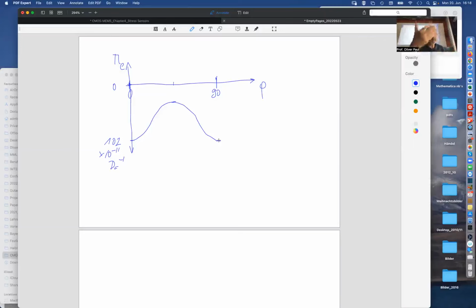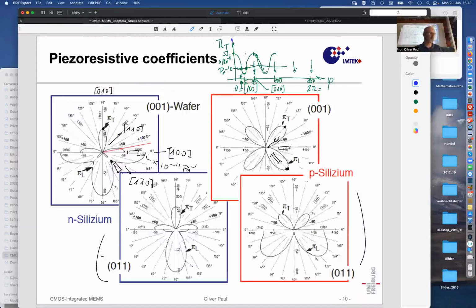So, and then there's also an offset term that also adds and that can be positive or negative. That's why we can have some zero crossings in some cases. So that's how these